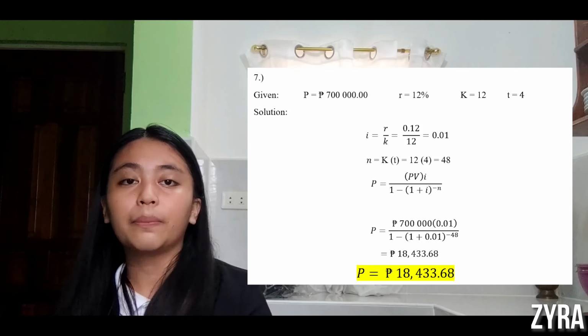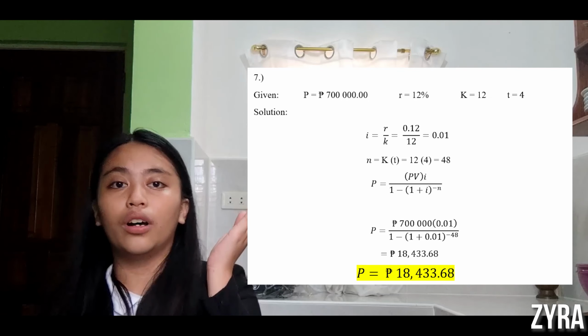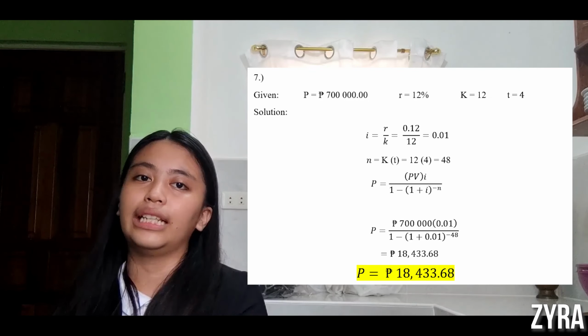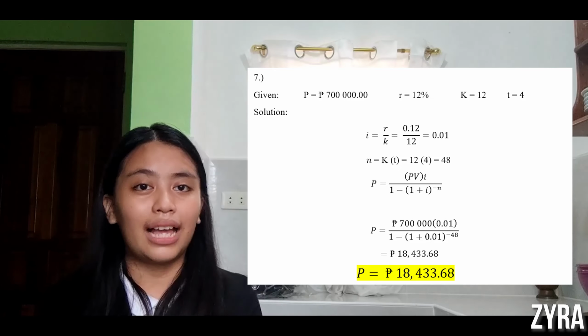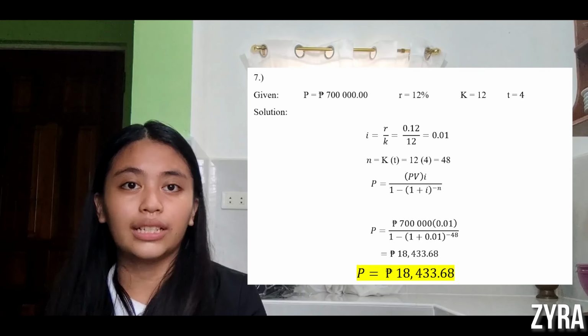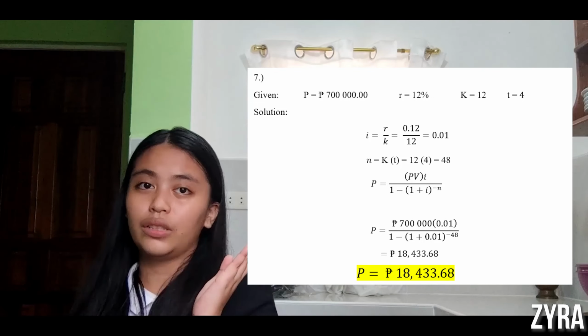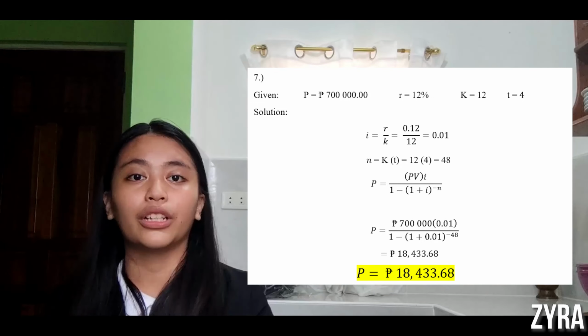So in order to find Mr. Abaya's monthly amortization, we must use the formula P is equal to present value times interest all over 1 minus the quantity of 1 plus the interest raised to the power of negative time times period. Now, if we substitute the values given, which is the principal, which is 700,000 pesos, the time, which is 4 years, the period, which is 12, and the interest, which is 0.01, we will get the answer of